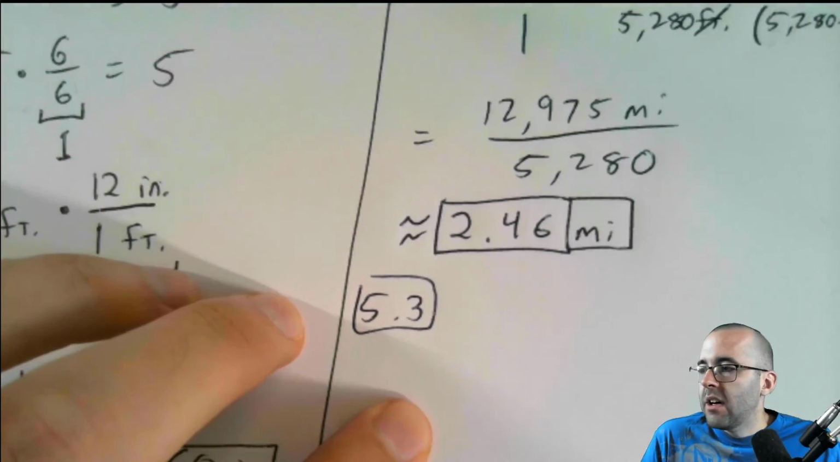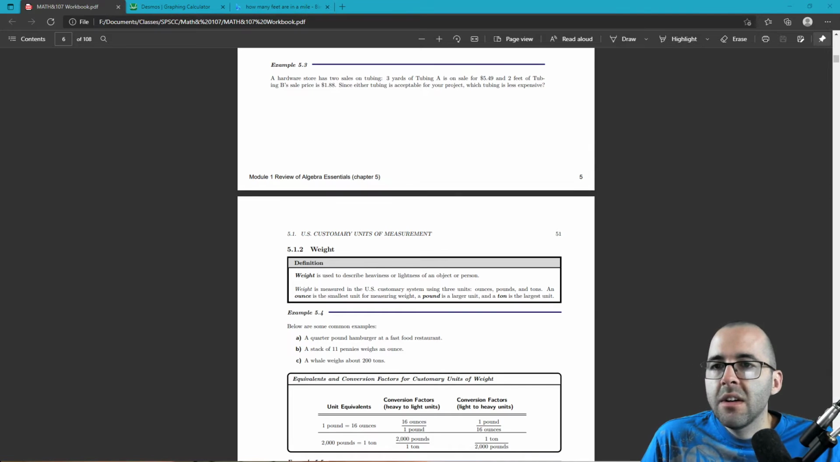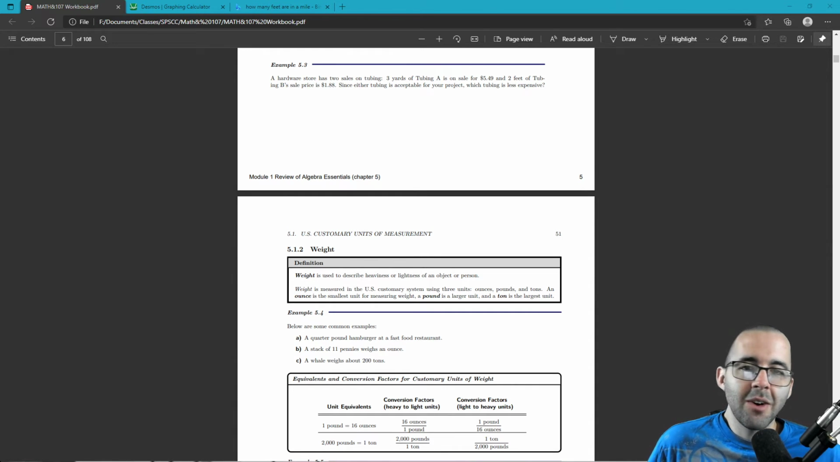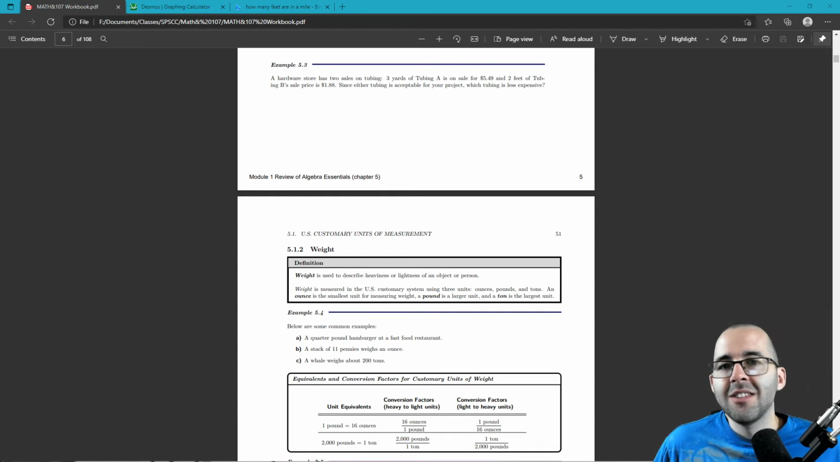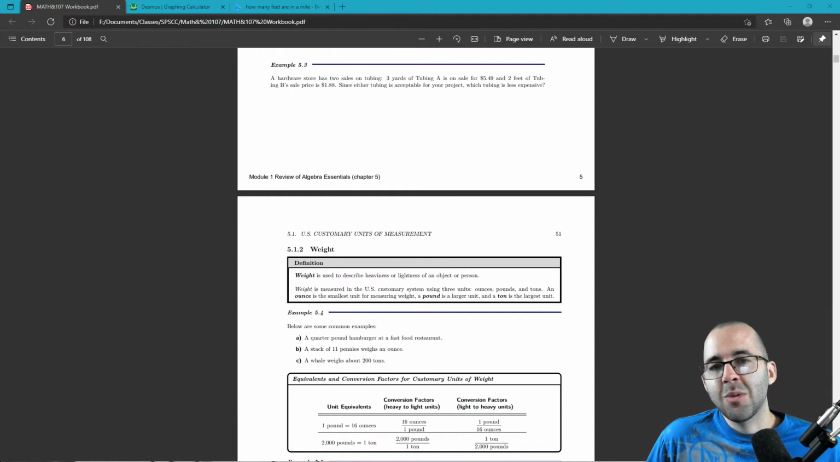So we have, let me pull this up so you can read along. We have a hardware store, and it has 2 sales on tubing. So you can get 3 yards of tubing A for $5.49 and 2 feet of tubing B for $1.88. So obviously, tubing B is not necessarily way cheaper. It looks cheaper, but that's only for 2 feet, whereas the other one is for 3 yards, which is a lot more. So you can use either tubing for your project, and we want to know which one's less